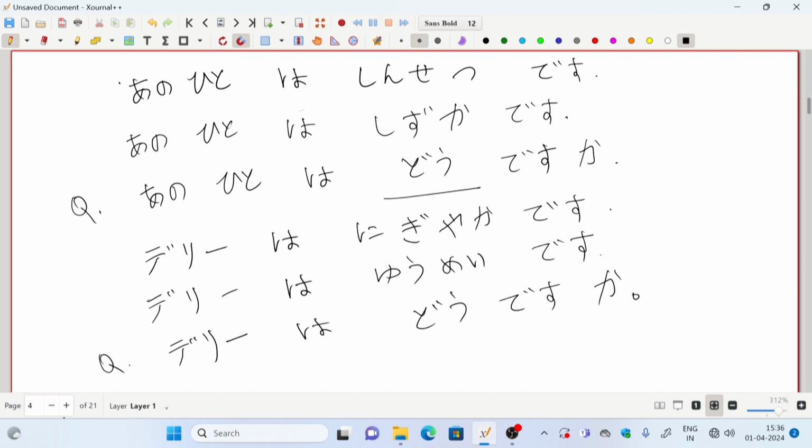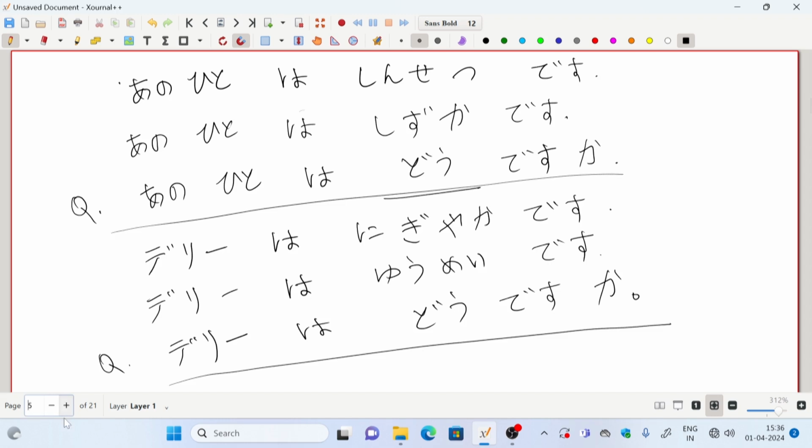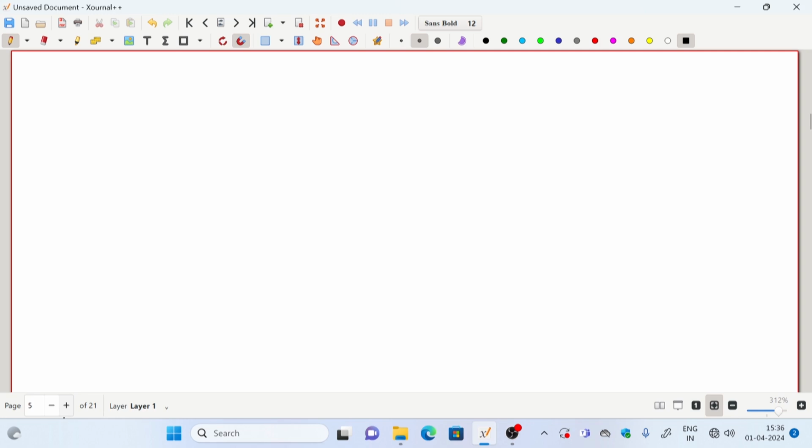So this is the one type when we can ask about some place, some person, some object. What is that person? How about that place? Second thing is, if we are using it in a different sense, suppose we are saying